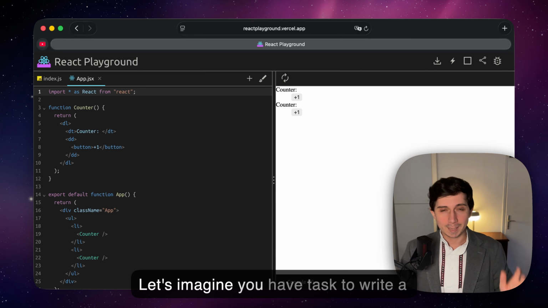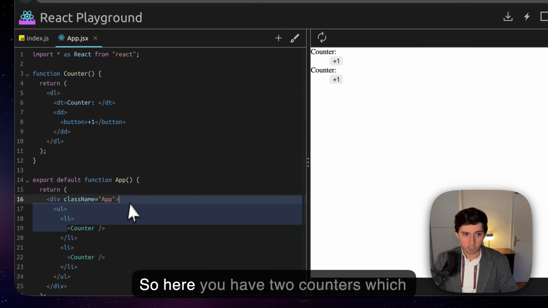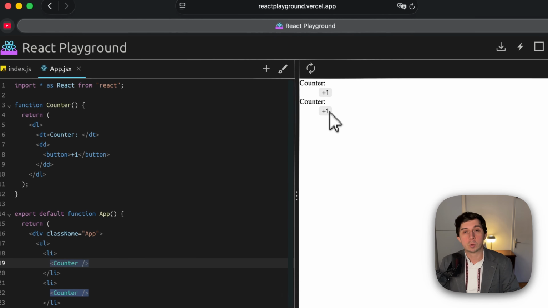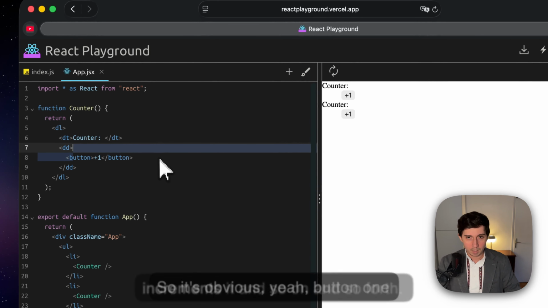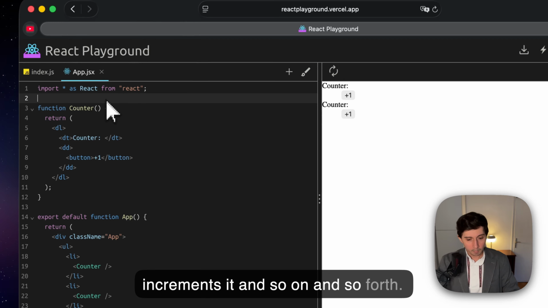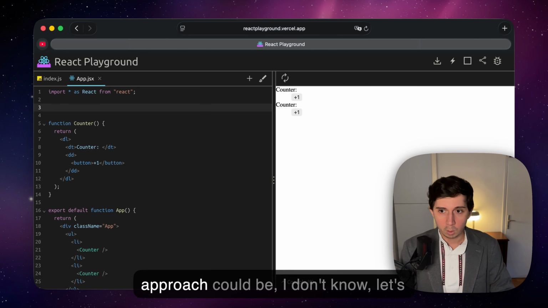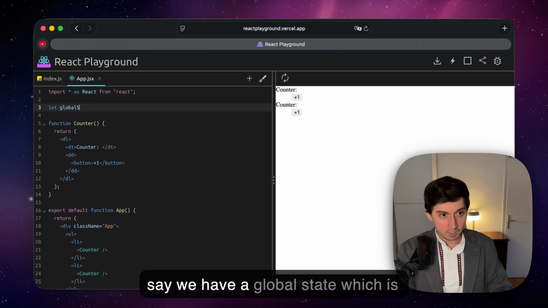Let's imagine you have a task to write a global state for this component. Here you have two counters which should listen to the same state. It's obvious: button 1 increments it, and so on and so forth. Well, the first naive approach could be, let's say, we have a global state, which